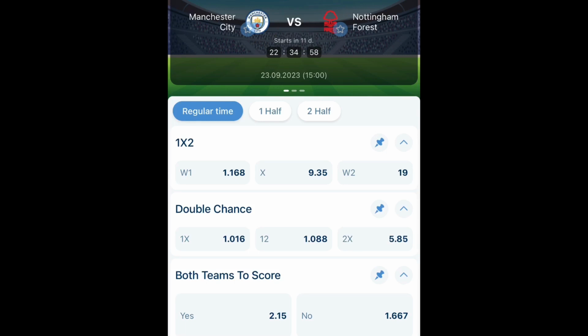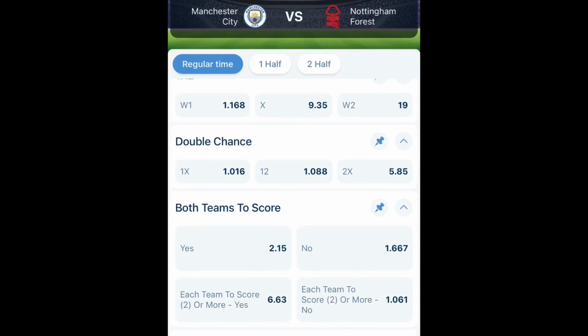First, I'll start by telling what handicap means. Handicap betting is the betting market that gives advantage to the underdog with the aim of creating a level playing ground. And we have three types of handicap. In this video we will concentrate on two of them, but we have three types of handicap.